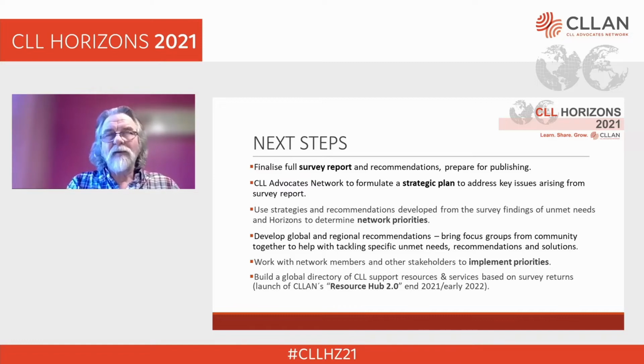And as I touched on, we've already had an initial strategic planning meeting, and towards the end of this year, we have the second phase of that. And in the new year, we'll be finalizing that with a long-term strategy. And part of this is we need to not just develop global, but we need regional and more local recommendations. And to do this, we need your engagement, and we need to work with you. We need to bring focus groups together from the community to tackle specific unmet needs and recommendations and solutions that